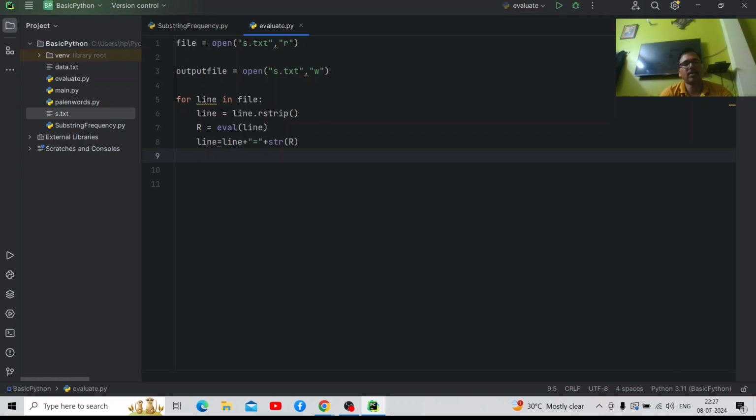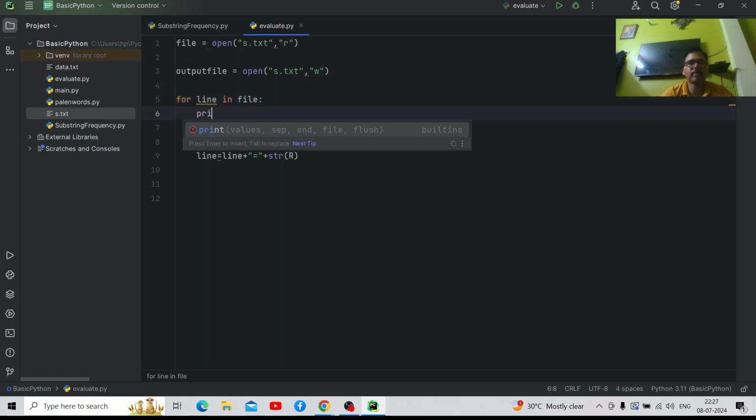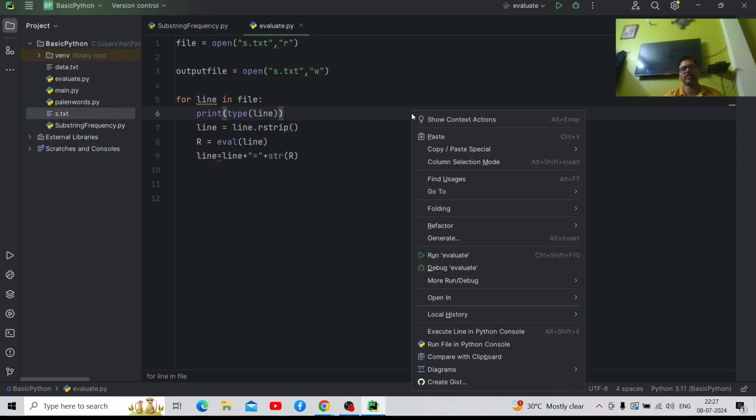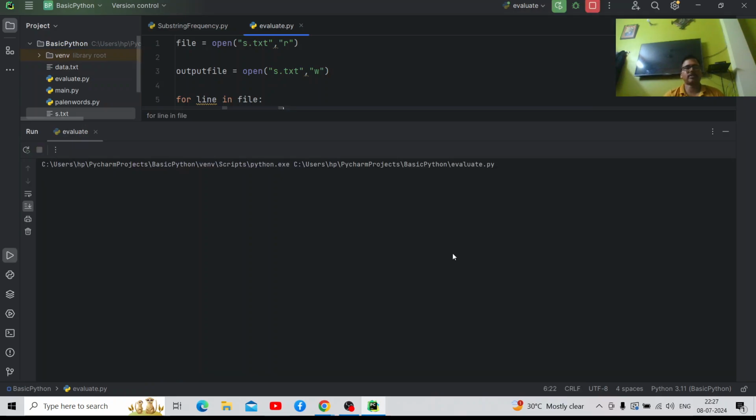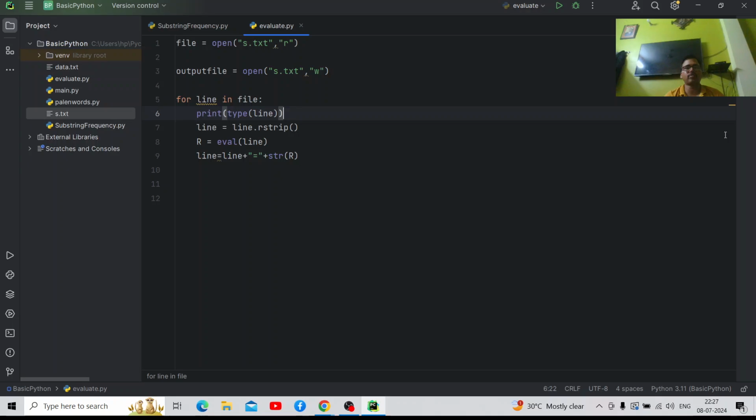If you print the type of this line, what is its data type, you will see it is a string.